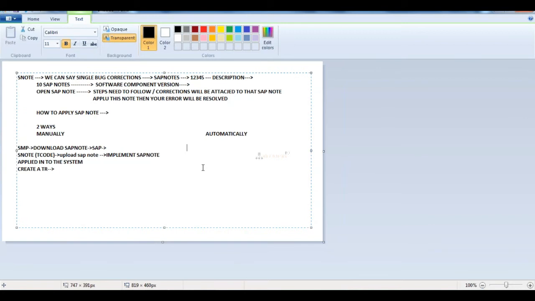Through SAP router only, my systems can connect to Service Marketplace. And through SAP router only, if SAP is required to log into my SAP servers, to search for errors and find out solutions, then they can log into my SAP systems.